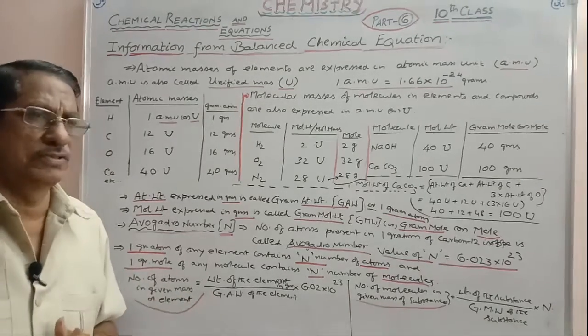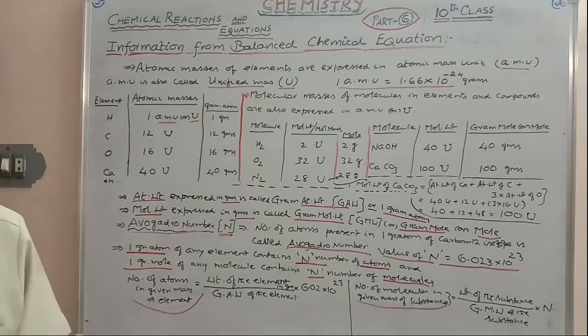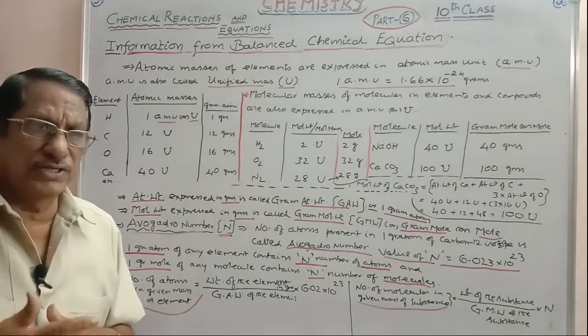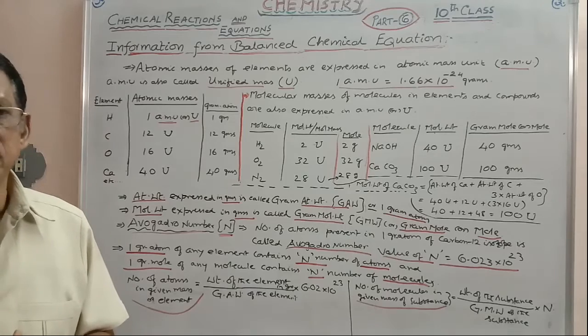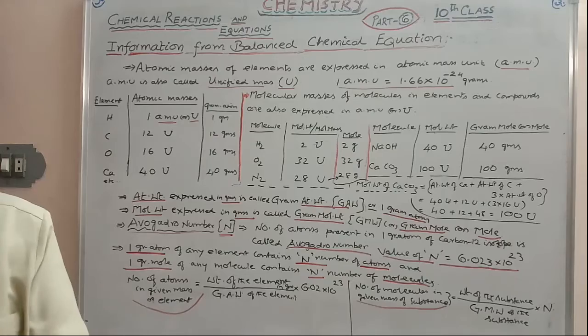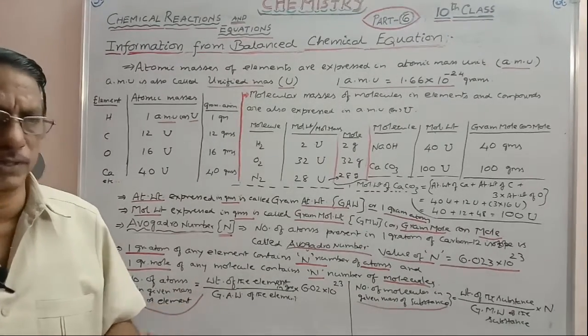Generally, in this example, we will consider standard temperature and pressure, STP. Standard temperature is equal to 0 degree centigrade. Generally, for the gaseous state, you have to use only the Kelvin scale. So that is equal to 273 degrees Kelvin. And standard pressure is equal to 1 atmosphere. 1 atmosphere is equal to 76 centimeters of mercury, that is equal to 760 mm of mercury. Any one you can use here.